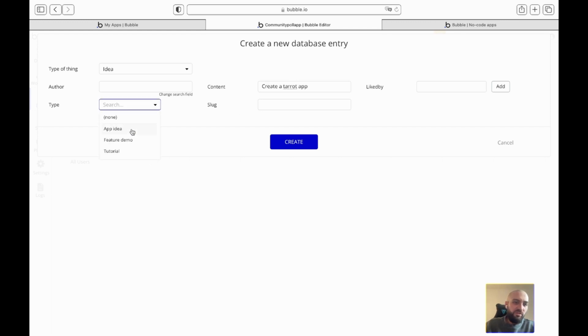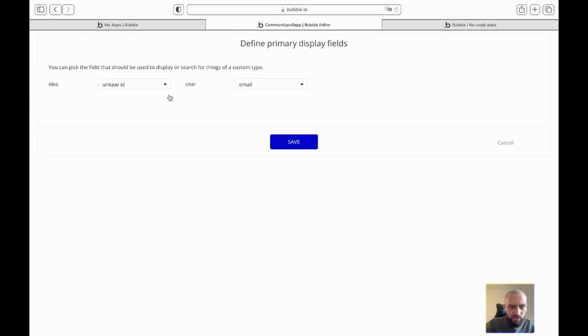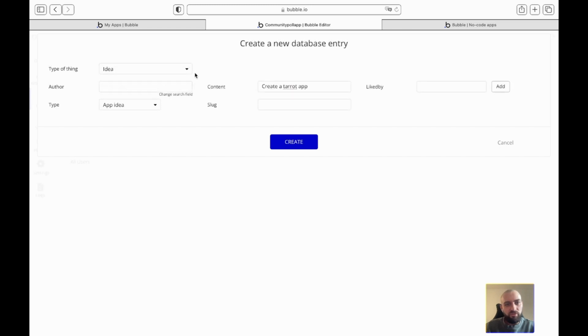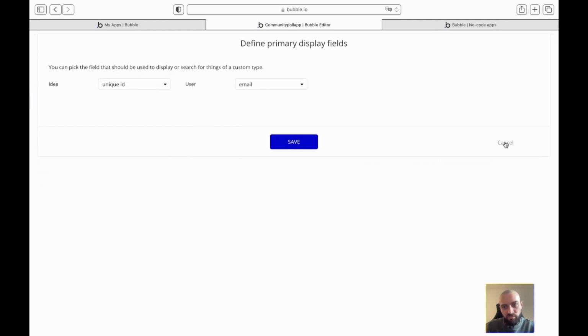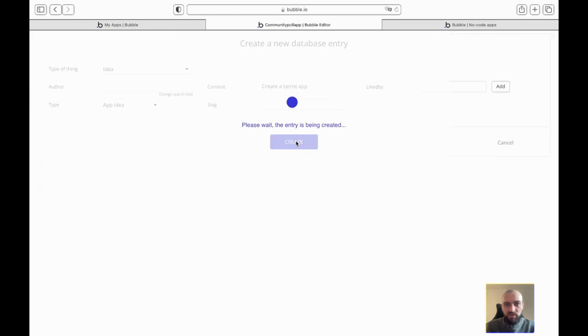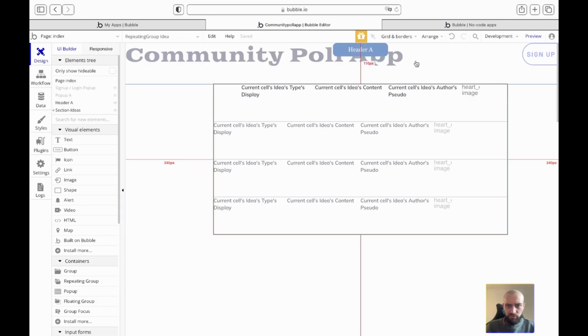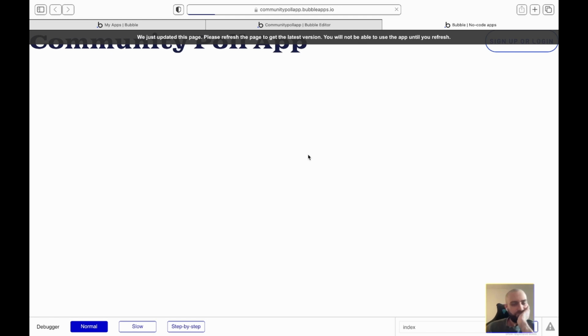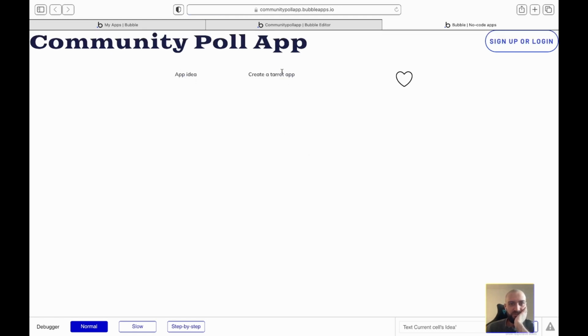Sometimes it can be useful to go in this and, yeah, we've put it as a user, so this won't really work because we don't have any user for now, but I can just create it so that I'll be able to at least preview. Yeah, so we have our create tarot app, and I haven't set up the interaction yet,